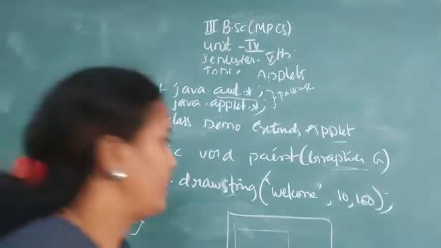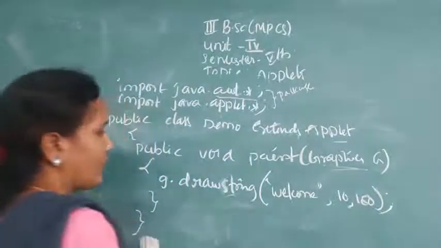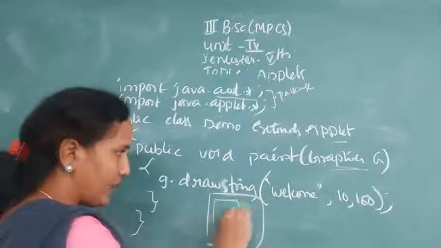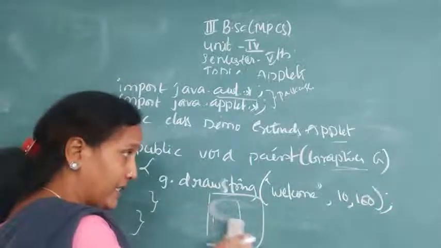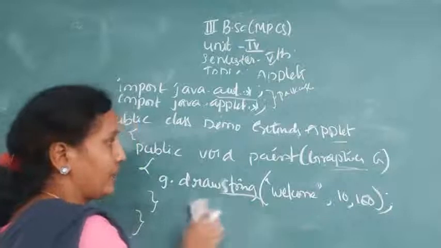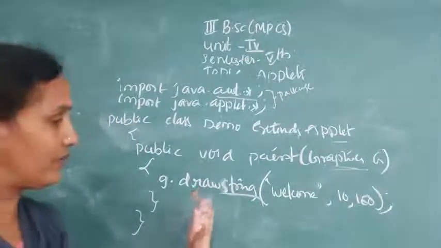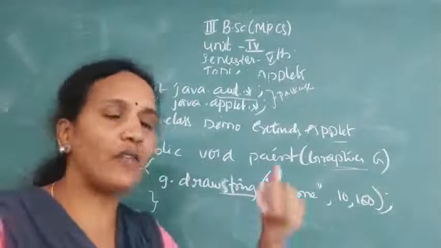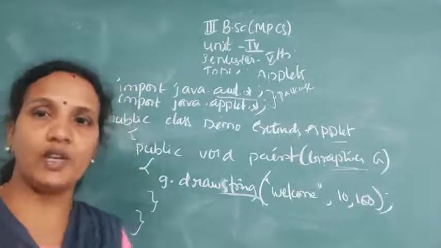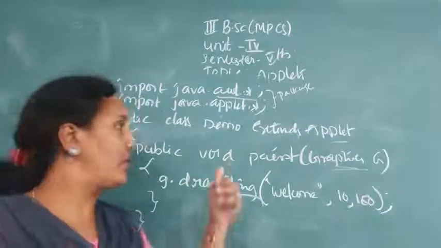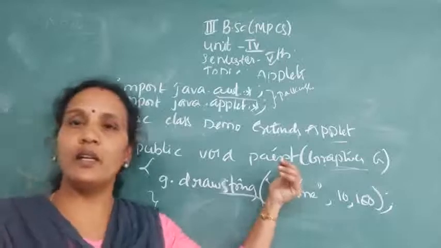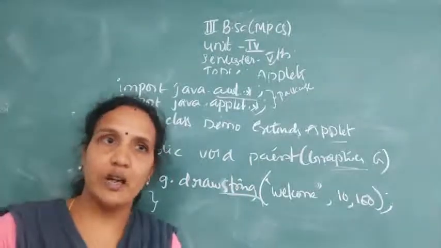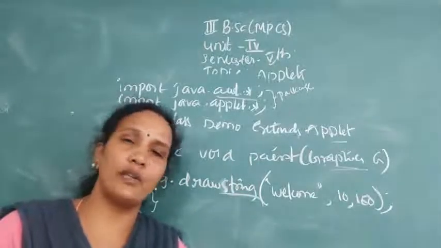I think it is not visible. So this is a Java program. This is a browser window, and this is the Java program. This much space I need to execute, and this space is the paint area. That much area we can draw by using the paint method. If you want to execute a Java program on the HTML page, we need some area, right? That area you can draw by using the paint method. That is why it is very important. Understood? If there is a paint method, then only we get some area on the browser window, and we can execute our Java program on it.